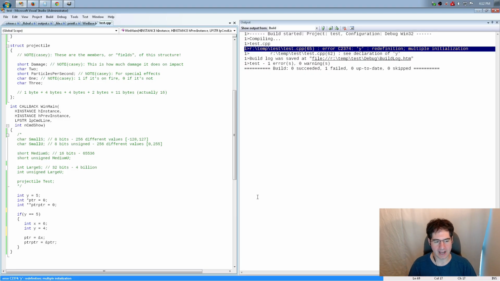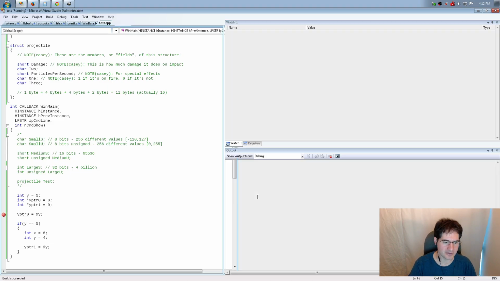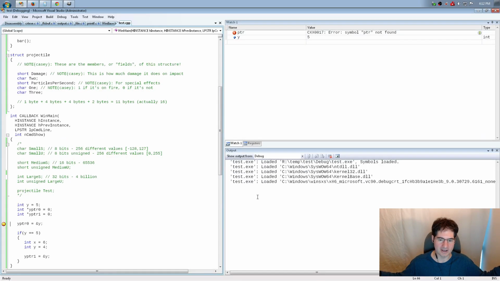What if you didn't know it was a different y? I just told you how you could determine that, actually. Let's do it. Here is y pointer 0, and here is y pointer 1. Let's make y pointer 0 equal to the address of this y, and y pointer 1 equal to the address of this y. If they were the same, that means they're the same y. If they're different, they're pointing to different memory locations, so they're different y's, because it's all about memory. They're just two names that point to different memory locations that just happen to both be y.